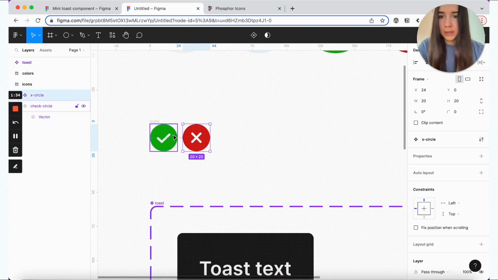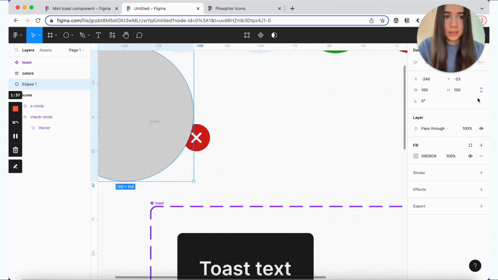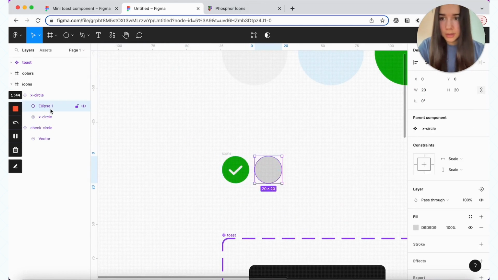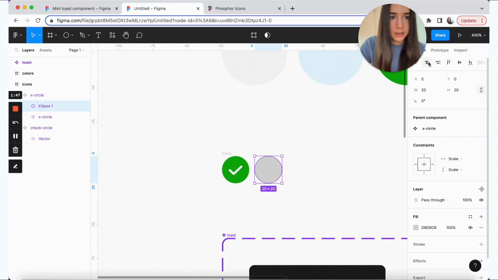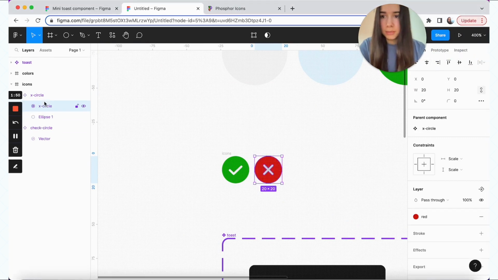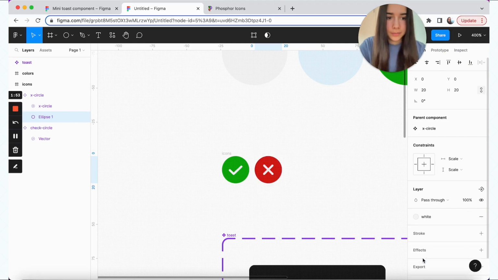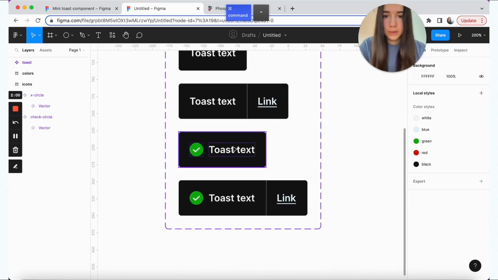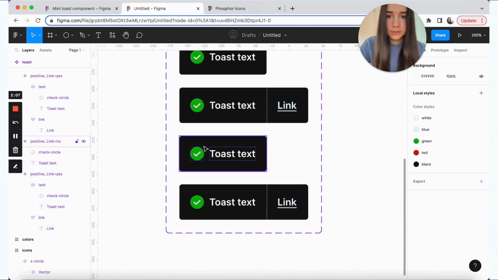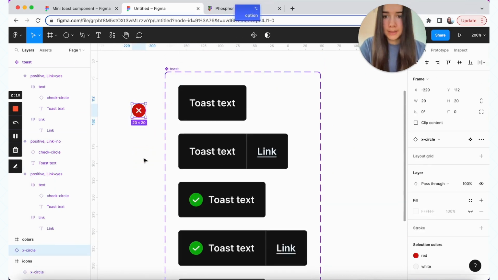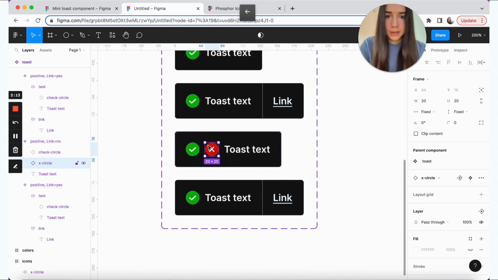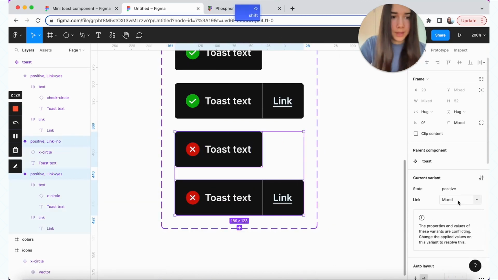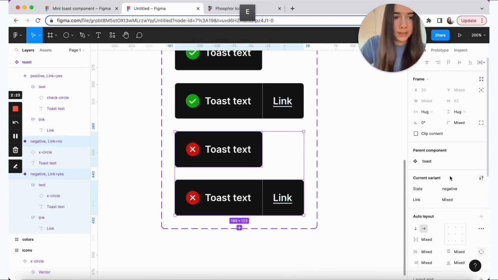And before we do our arrow state, I'm going to do the same thing here. Just bring it inside. Make sure it's centered. Bring this to the top. Make it white and flatten it. So now we can copy these two, and we're going to grab an instance of the arrow icon or the negative state, and we're going to place it inside, and then we'll update the state to say negative.